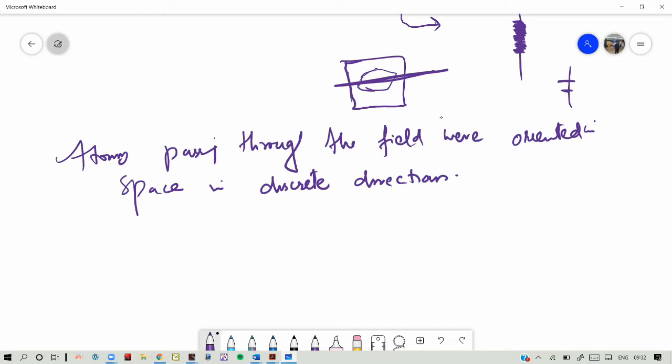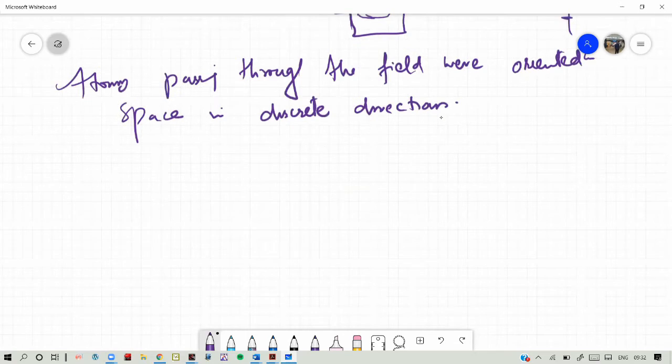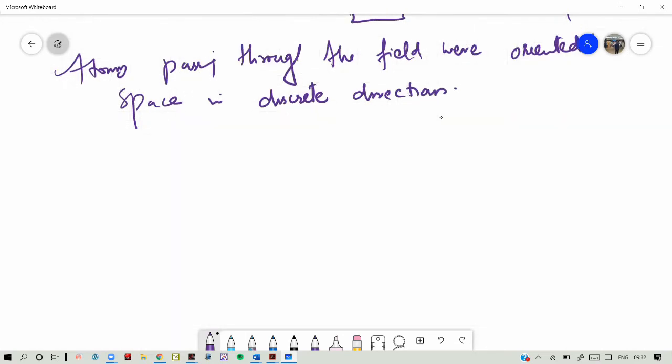So the beam deflected in certain directions and gave the discrete traces of that beam. We got the discrete trace of the beam on that plate, and this actually gave the space quantization proof in the case of silver atom in the presence of an external magnetic field. So if we go mathematically, what we obtained in this: